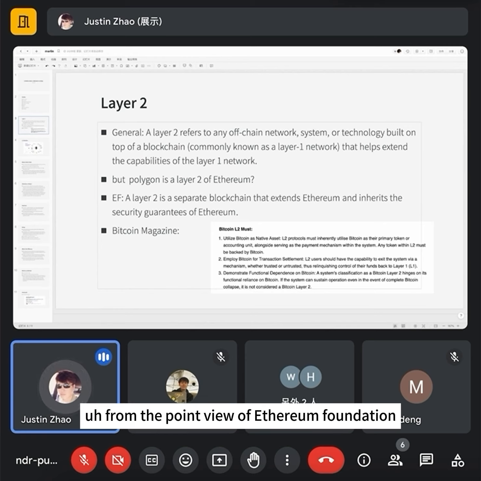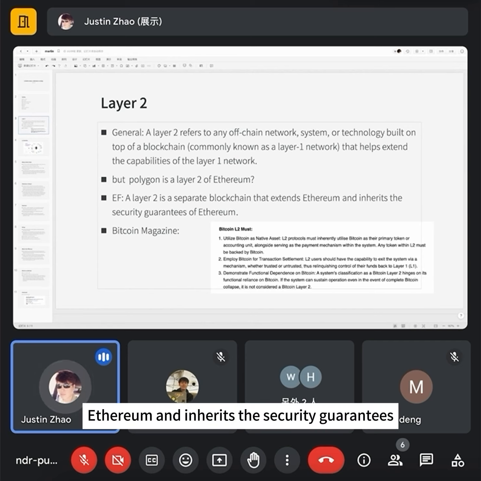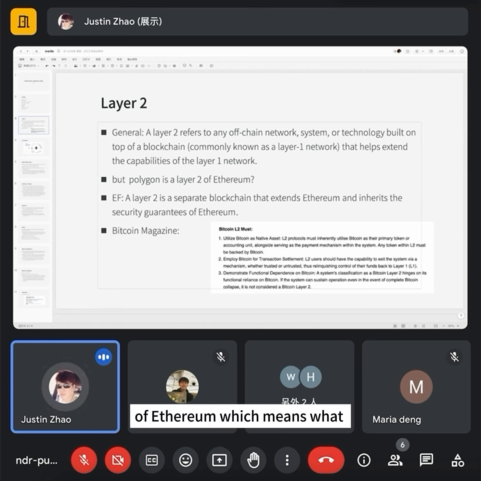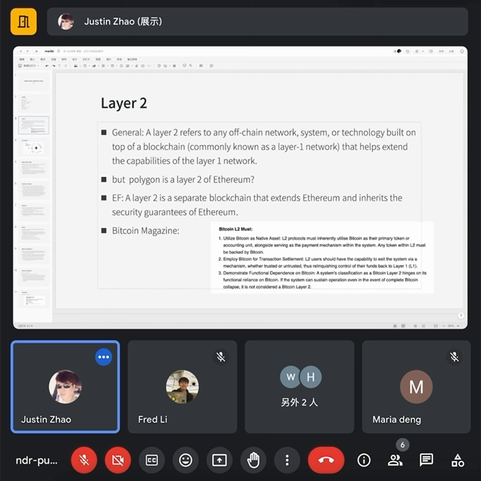From the point of view of the Ethereum Foundation, layer 2 is defined as follows: it's a separate blockchain that extends Ethereum and inherits the security guarantees of Ethereum. Which means what? Which means Polygon is not a layer 2 of Ethereum. Why? Because